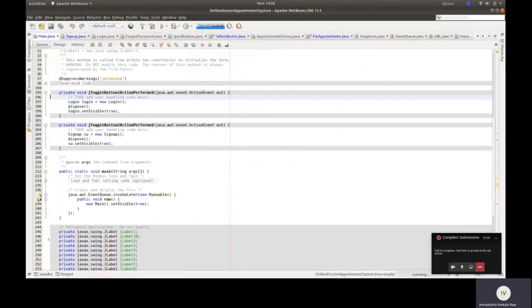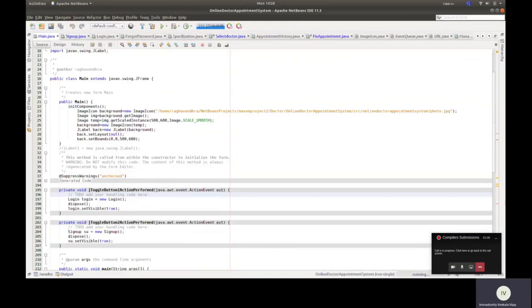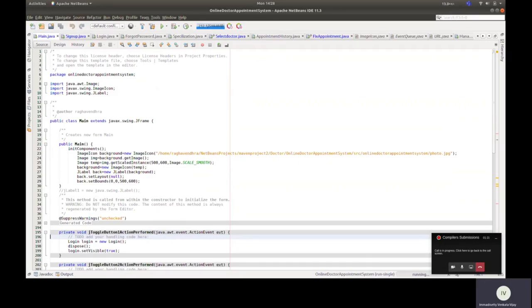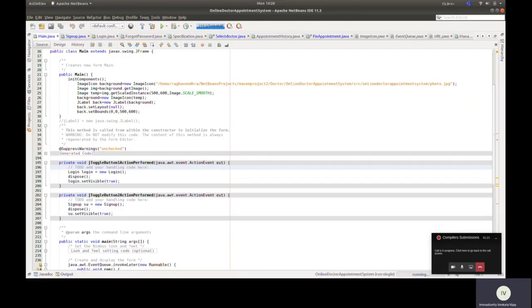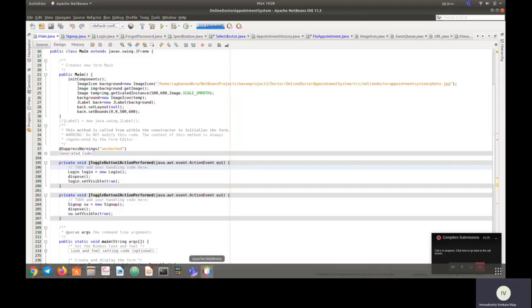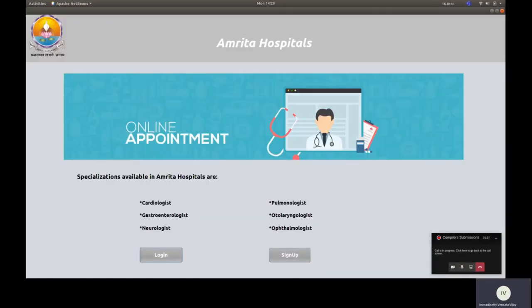This is the main page code. You can see that the backend code is generated automatically when you drag and drop the items. When the action is performed on button one, you can see the two buttons there, login and sign up.